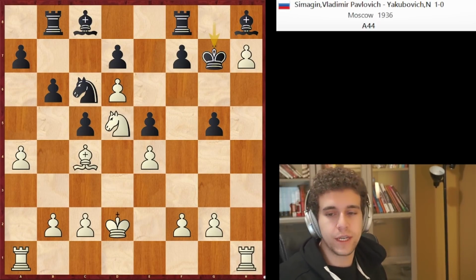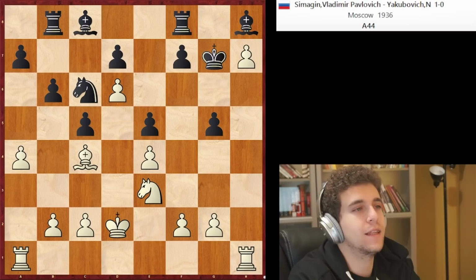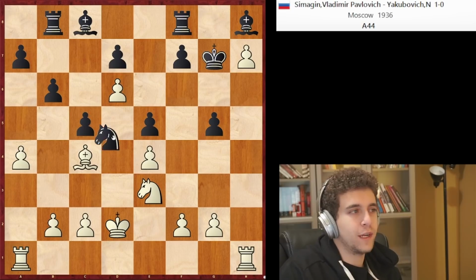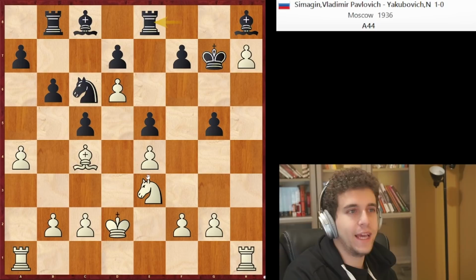Just a lovely looking move. Think about mating constructions. Knight e3, bingo. It's threatening knight f5 check and rook h6 mate. Black can try to prevent it with knight d4. But then, of course, you play c3, chasing the knight. Black tried rook e8,